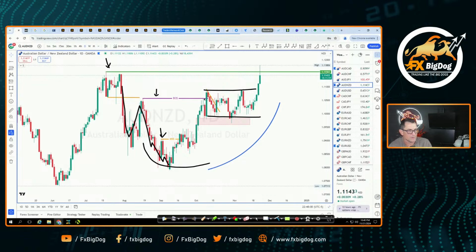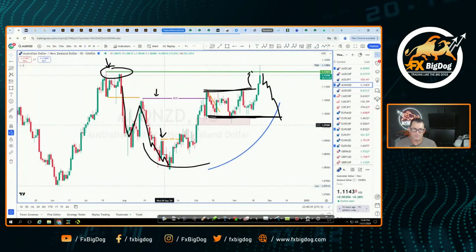We had a break of structure there. We had the market accumulating. And then it broke to the north side and manipulated out of this accumulation. After it did that, what did it do? It swept liquidity right here. And now what we're going to look for is price to move back down. So Aussie New Zealand dollar is chasing after the support down here. Just get a number: around about 1.0984. All right, traders. Hopefully you guys picked up a little bit on this. Hope you guys understand this a little bit.